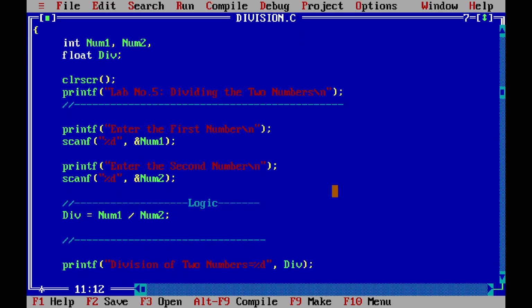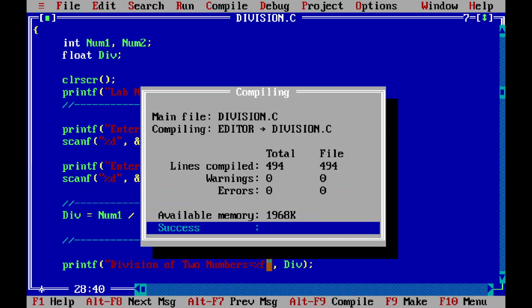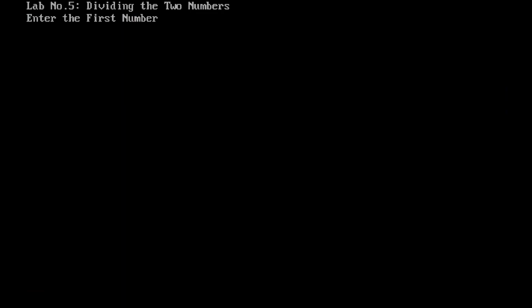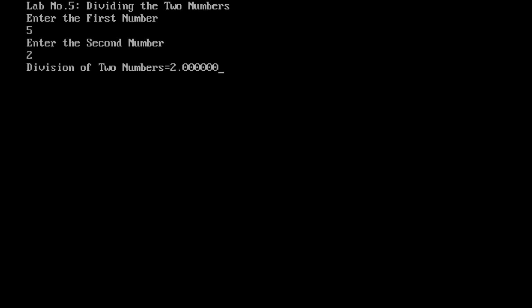If we take the float values and then run it, then only it will give you the exact output. These are the conceptual parts. Why? Because 2.5 is a floating value in data types. I have taught you in detail, and now if we put f, then it will work very fine. So I am just running it, Alt F9, that's fine. Control F9 for running, and now if we take the value 5, then 2,